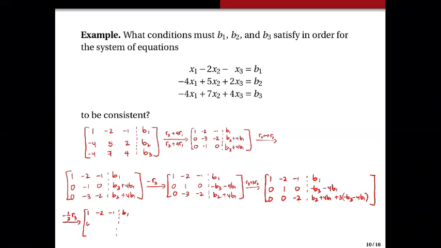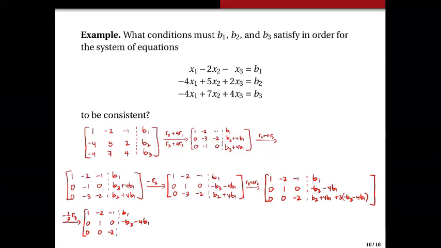R2 will still be 0, 1, 0, and then minus B3 minus 4B1. And then here, this will be 0, 0,